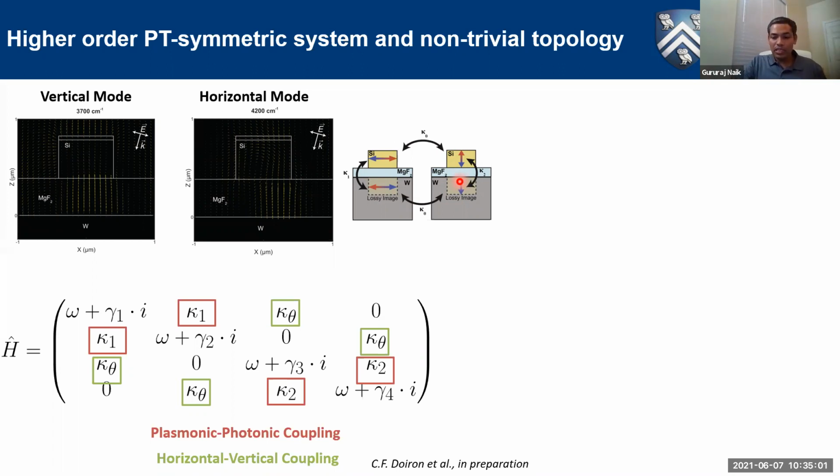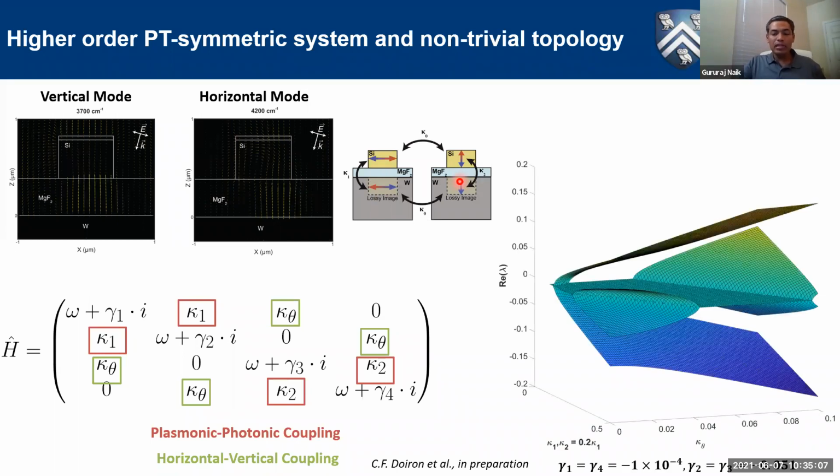Actually, a 4x4 system, which has very interesting angular properties that come from topology. If we look at the topological property, that is, do the K-space exploration of the thermal emission of the system, we see that the eigenvalues split on two ends, but in a specific range of K-space, the eigenvalues coalesce into just one sheet, and the sheet is no longer just an exceptional point, but actually an exceptional surface.